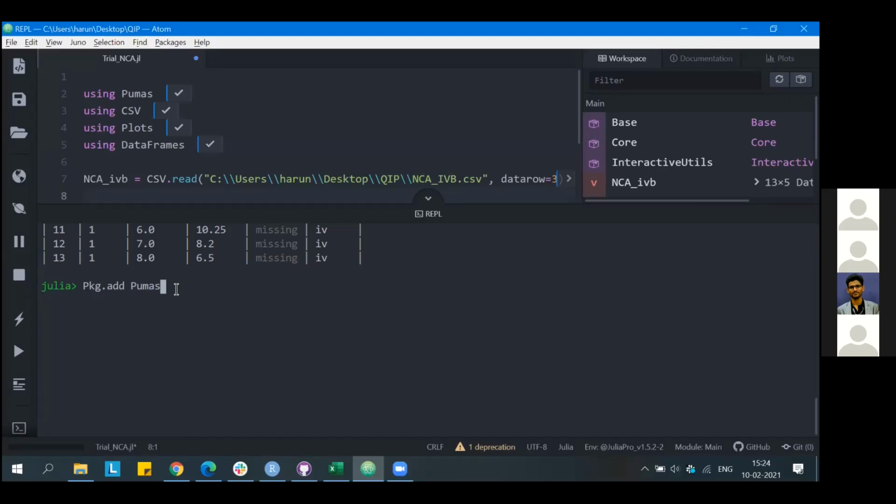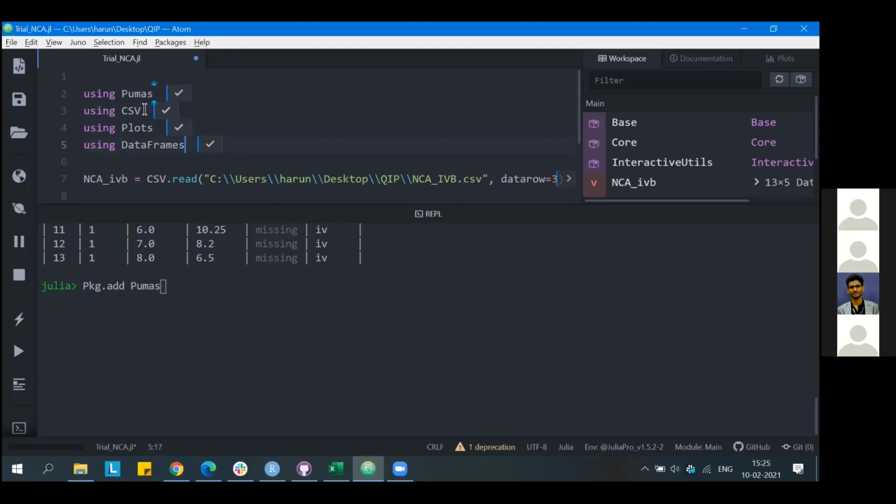I thought the information was passed on earlier to install the packages as well. I'm sorry about that. Unless and until you have all the packages installed, you won't be able to execute these lines of code. This installation of each of these packages is a one-time process. Once you install the Julia environment, you'll be able to install all the packages once, followed by which you can just call these packages in any different sessions.